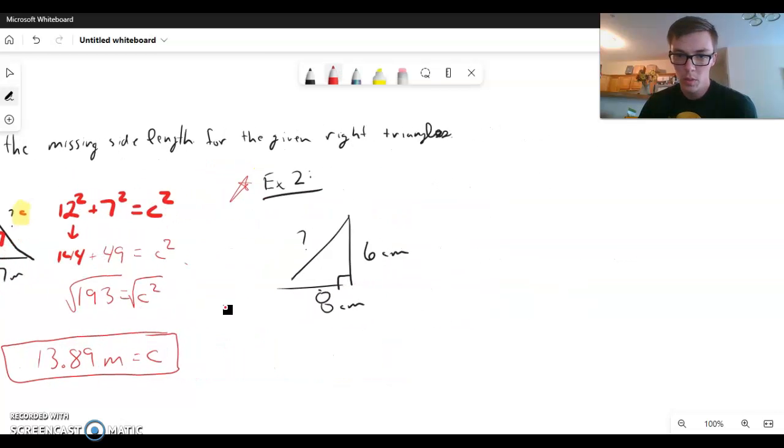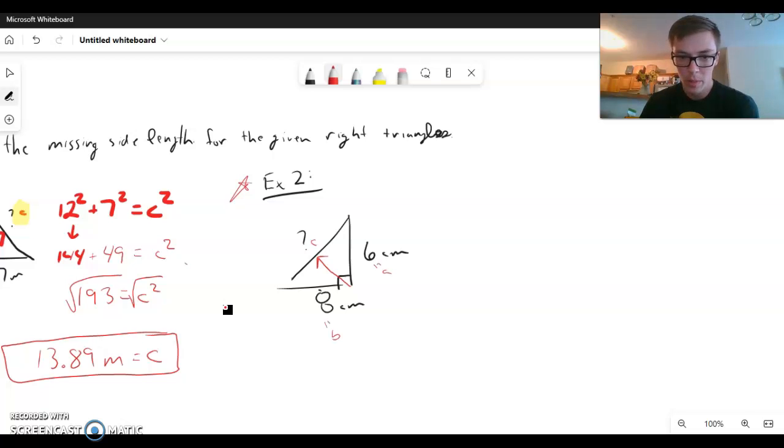Alright, so now doing this one, same thing goes here. We are missing the hypotenuse, so if we locate it here, our hypotenuse is that question. That's the one thing that we didn't know. So that is our c. We're missing our c again. We're given our two legs here. One leg is 6, so we can call that one your a,